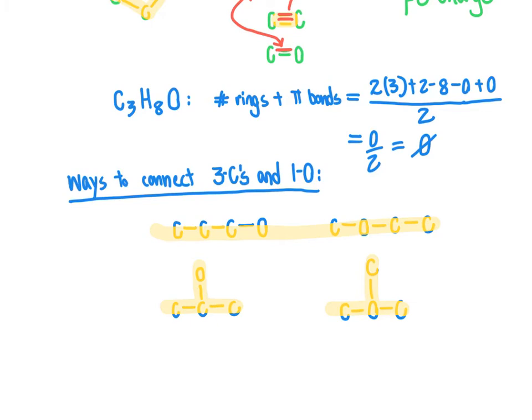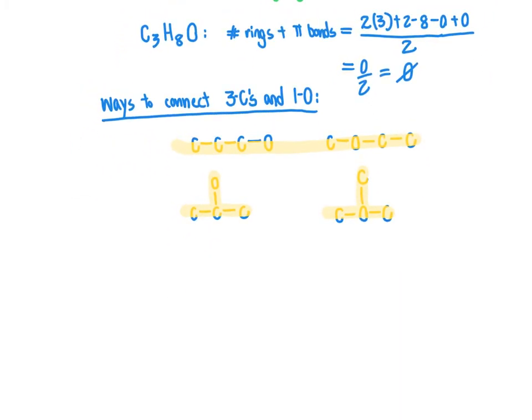A caveat that you might fall into is that you might have also drawn something in addition to these, such as, you might have thought, well, I'll draw C, C, O, C. The problem with that structure is that that is identical to one that we've already drawn. That is the same thing as saying C, O, C, C, because all we would need to do is rotate around the molecule on the left to make it completely identical to the molecule on the right, because they both